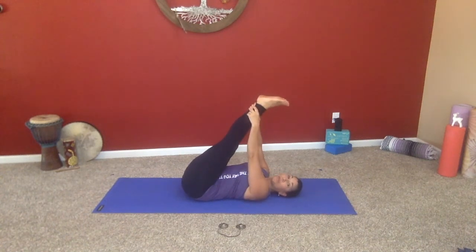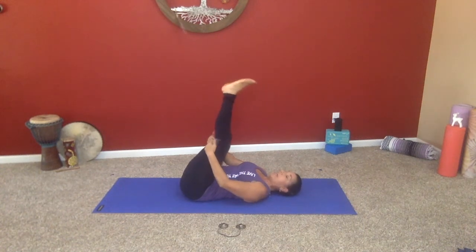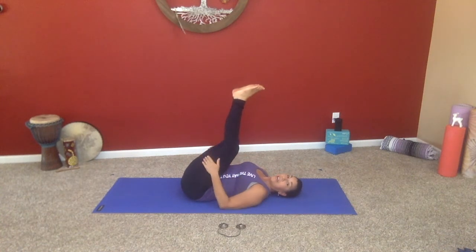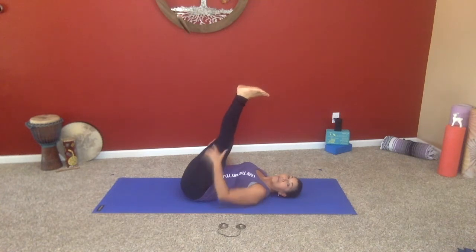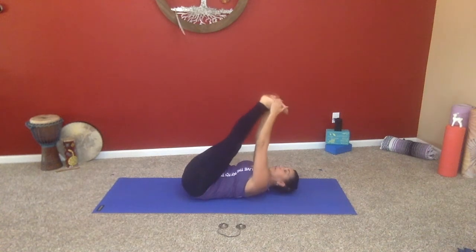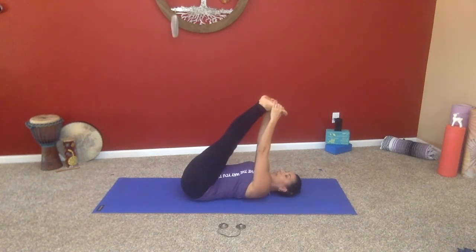So if you can do both feet at the same time now, and again, you don't have to hold on at your ankles, and your knees might be somewhat bent, and that would be just fine. As long as you're moving the heels away from the body and giving the opportunity for these hamstrings to open up. So wherever that is for you, to get your legs a little more lengthened, stay here and breathe,